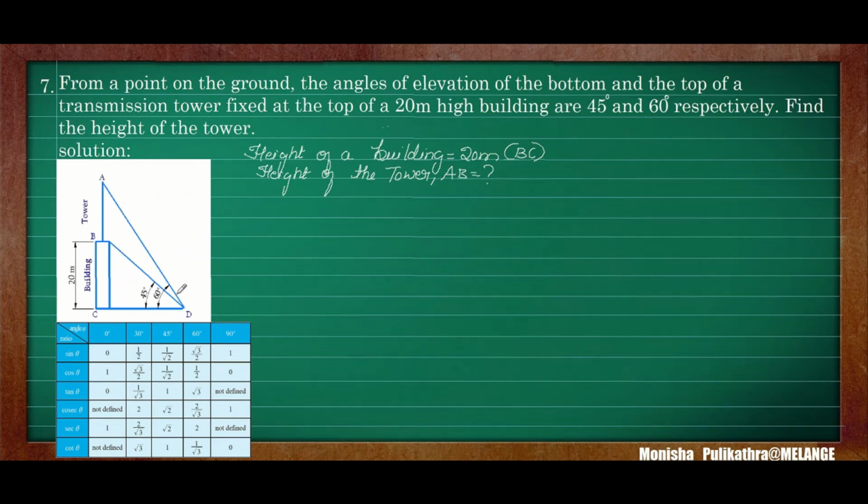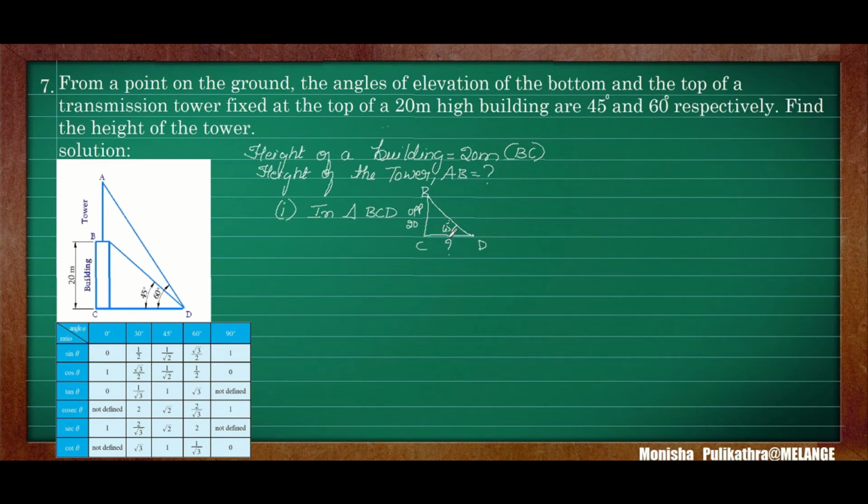You can see two triangles have been formed. One is ACD and the other is BCD. We need to find separately the sides of it. In the first case, I will be taking triangle BCD. In BCD, the angle is 45 degree and the opposite side is 20 meter, already given. This side is not given. So opposite by adjacent side. We have to find out the value of CD here. There is no need of finding the value of hypotenuse because they have not asked for it.